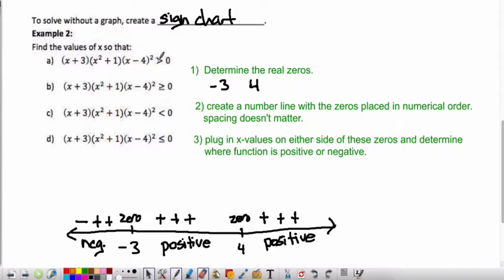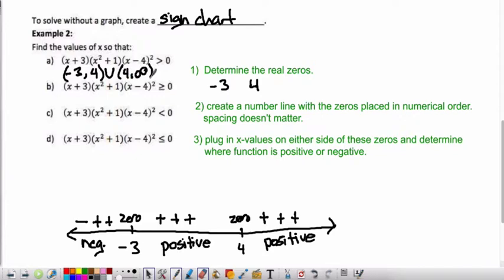So now I want to know, where is the function greater than 0? Well, that's where it is positive. So it's greater than 0 from -3 to 4, and we're not including -3 because it's not equal to. So -3 to 4, union. We're going to jump over this 4 here because that's where it's 0, and again, it's not including 0. So we're going to pick it up again at 4,